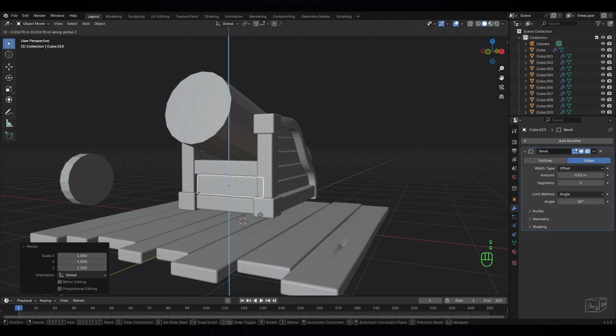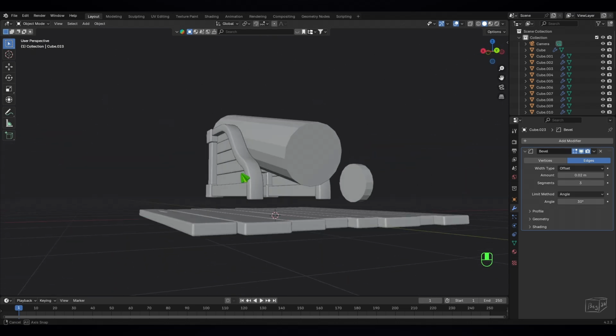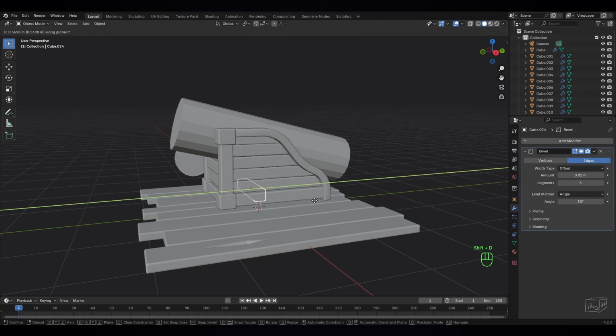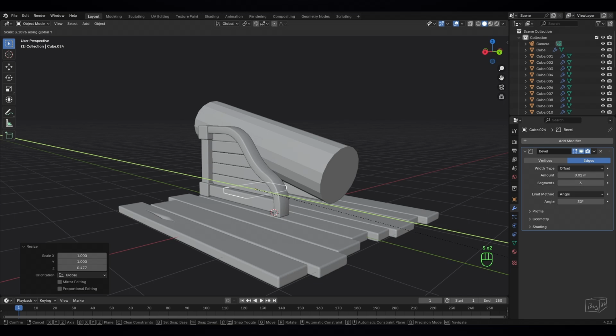Let's give it something like this, and to resize, just Shift D to duplicate, scale it down,